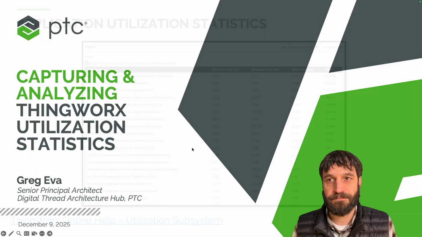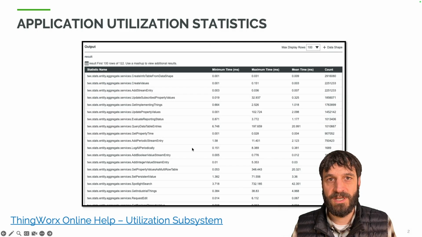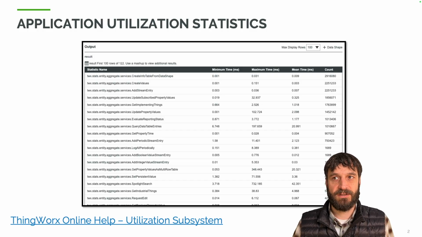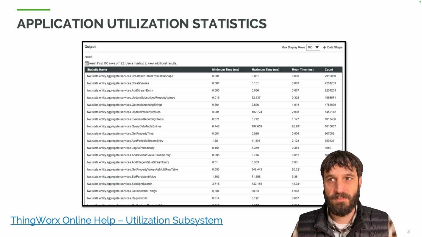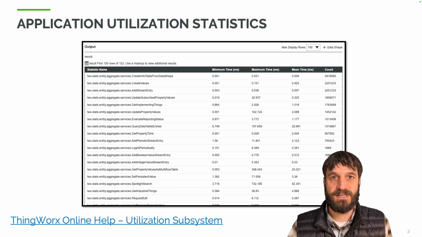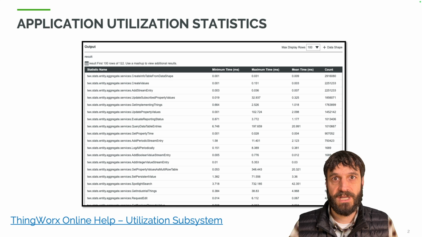Let's get into this. If you've ever seen me give a presentation talking about some performance monitoring or measurement techniques, you will undoubtedly have heard me talk about utilization statistics, which have been around in the product for quite some time, potentially dating back to ThingWorx 8.4. Super valuable, and we can just go in and turn on the utilization statistics subsystem. We'll have a look at this quickly, and it'll capture these statistics for us, which we can then use for